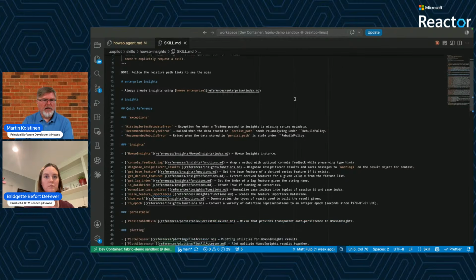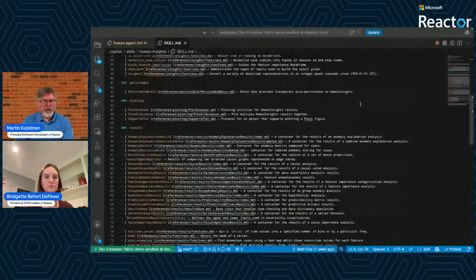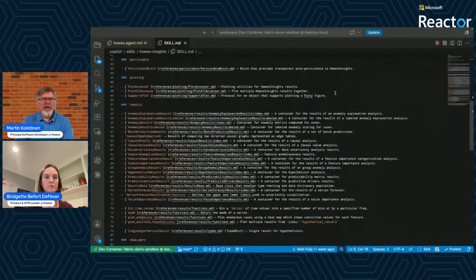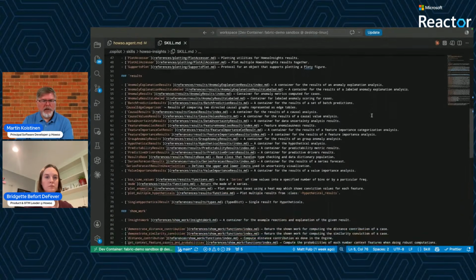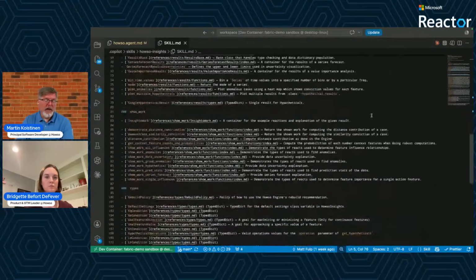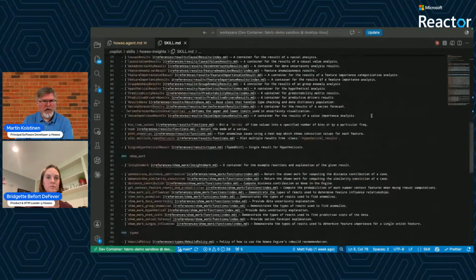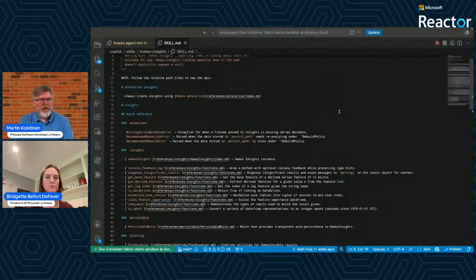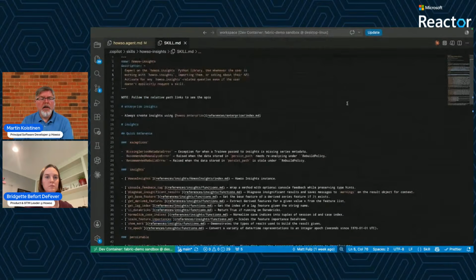And again, this is text-based. It's not difficult to read or understand. And there are just basically references to how to use many of the tools that we have. We don't have all of them here because they're not relevant to this task at hand, but they could be, and eventually we would probably have a whole library of these skills.